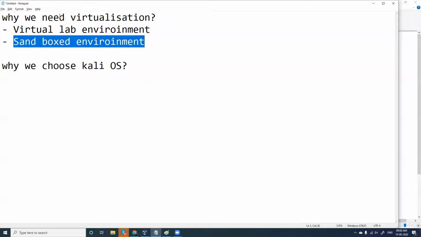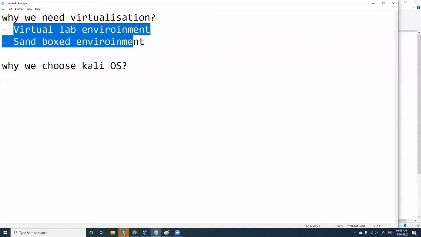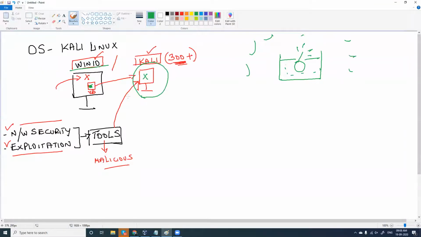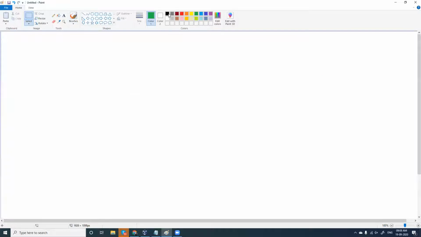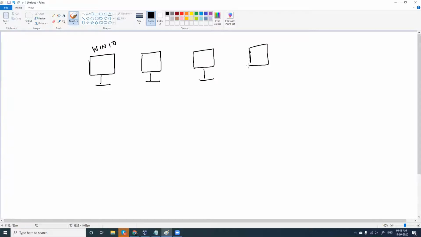What is a virtual lab environment? As usual, you have only one computer here, which is Windows 10. And for hacking or network exploitation, for offensive learning, probably you'll be needing 2-3 computers with different operating systems.